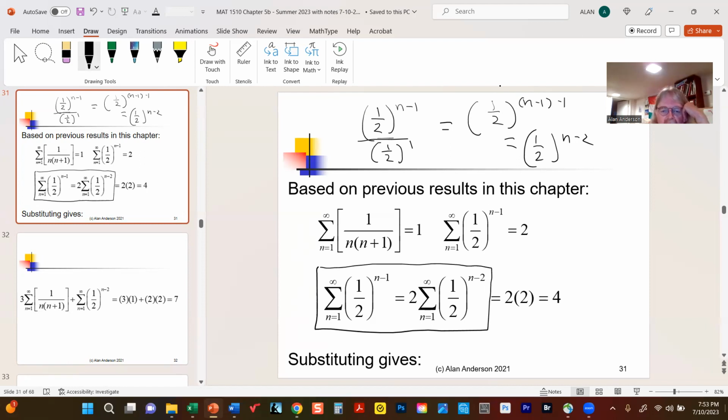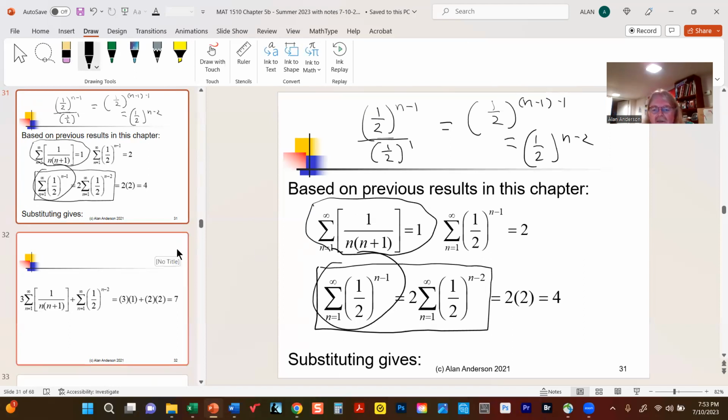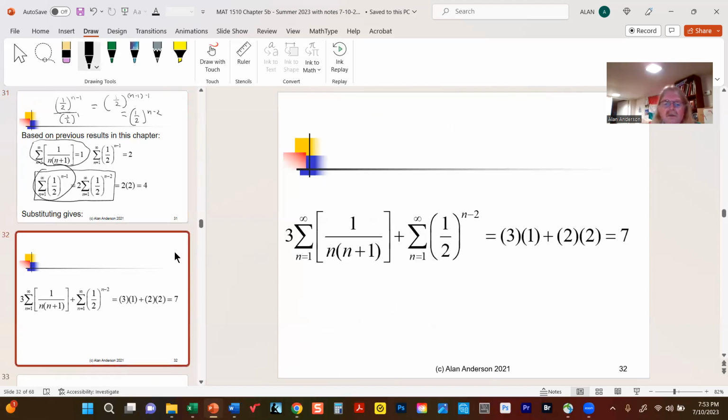And of course, since we know that this one is 2, that means that this new one with n minus 2 for the exponent must be 4. This one we just got through proving a little while ago was equal to 1. So that means we're actually already done, because we know this series adds up to 1. And this one is 2 times 2. And the 3 is on the outside here, so we get 3 times 1 plus 2 times 2, which is